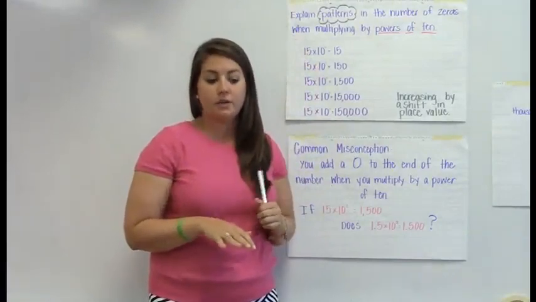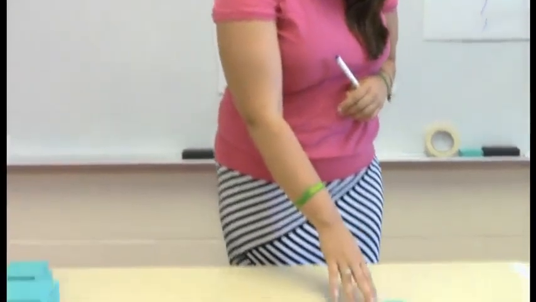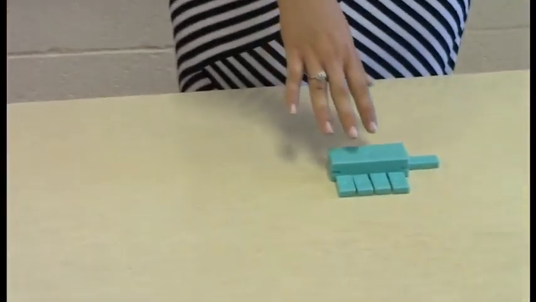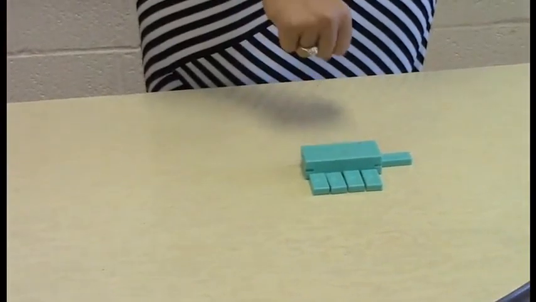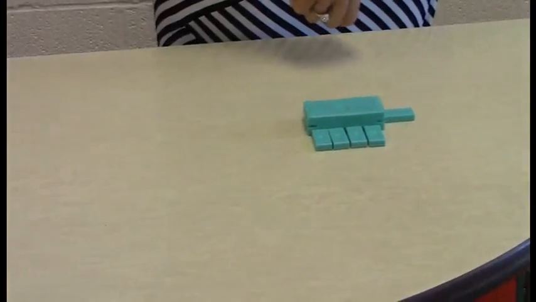The first thing I like to start with is a visual, so we use digiblocks, and I ask my students to create any figure that they want to create. Here I've made an example of one, and it's worth the value of 15 because I have one 10 and then my 5 ones. Now, showing a power of 10, the first question that I pose is